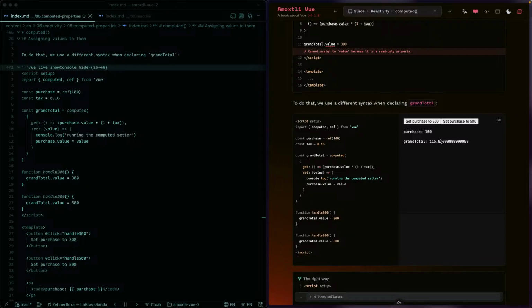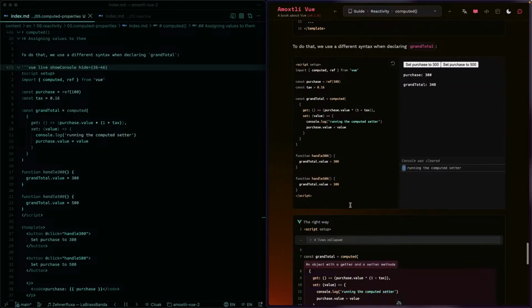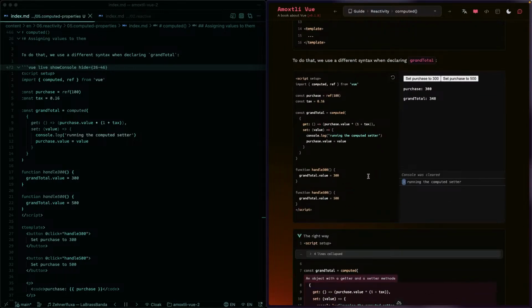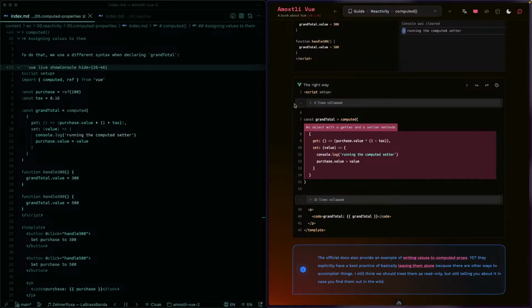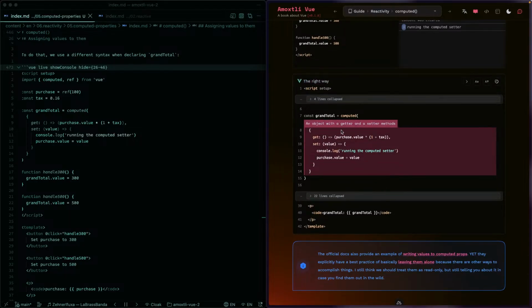So as usual, you can just refresh and go back to the original state. You can also clear the console and continue with that. So once we see the code running, then we explain it, right? So this is the right way to do it. And